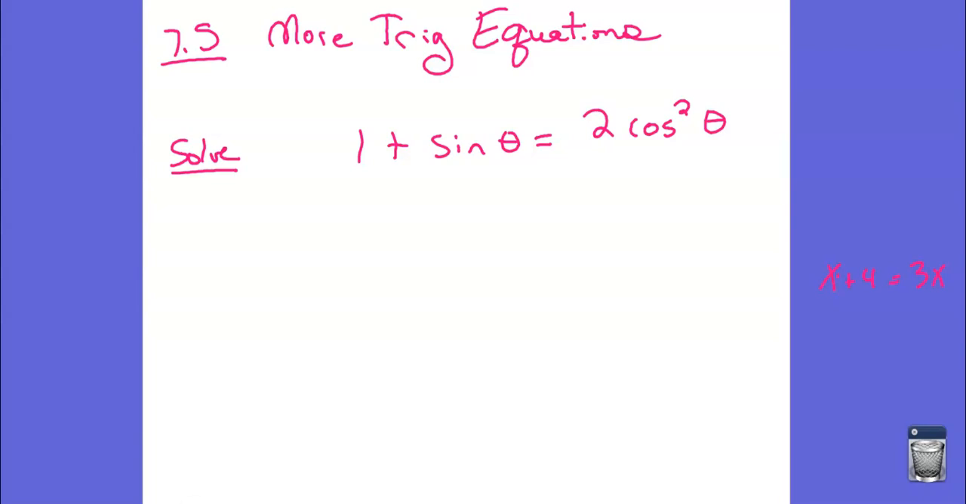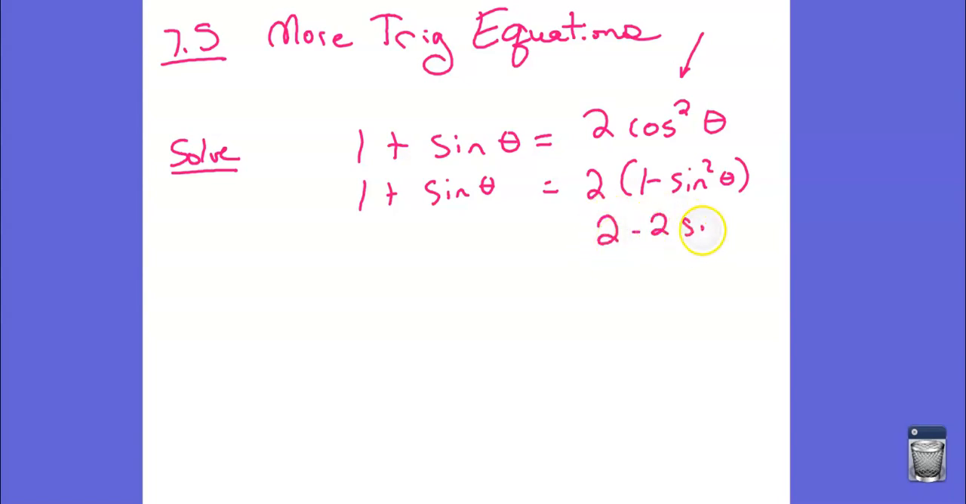Also, what might help me out, notice one of them is sine and the other one is cosine. Specifically, look at this one, it's cosine squared. Well, we know cosine squared is 1 minus sine squared. And if we use the distributive property, and then right after that,